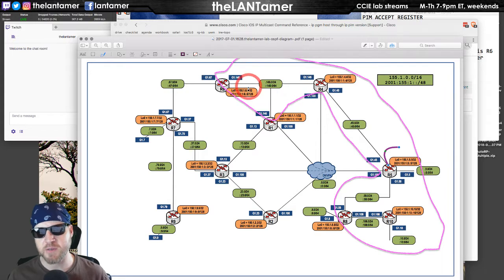Because first you establish your star comma G this way, your SPT, or your shared tree, I should say, this way to router 5. And then when you have a sender,